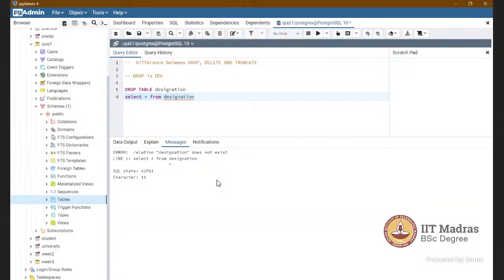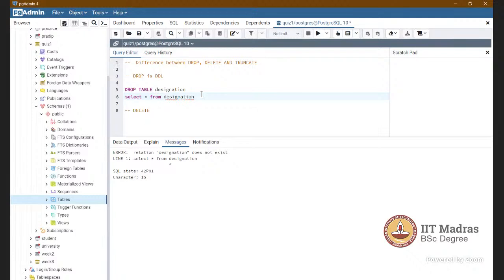So it is a DDL command, right? I think drop is clear to you. Similarly, we can use drop to remove a database also. Using the command, you can replace table with database and the database name.